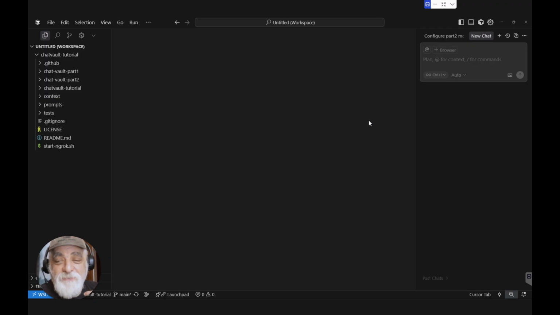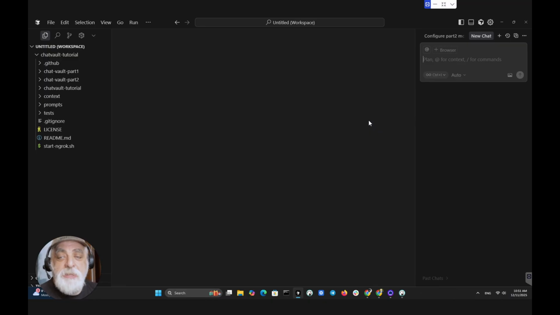And by the way, we are creating a chat vault app for ChatGPT, allowing the end user and ChatGPT agent to save chats, to search for chats using vector search, and to browse chats like we browse browser history using the widget. So part 1 was the widget, part 2 was the backend, and here in part 3 we will